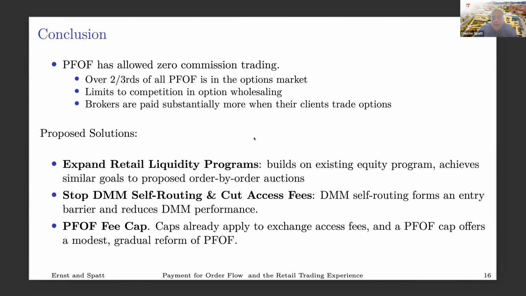We're proposing in part expanding and enhancing the retail liquidity programs by basically building on existing programs, but to try to achieve similar goals to order-by-order auctions. Changes in the structure of the options markets to either reduce self-routing and cutting access fees, and leading to more entry into the role of designated market makers, and finally the possibility of introducing a fee cap on payment for order flow. It already applies to access fees, and this could potentially provide a lever to undertake modest and gradual